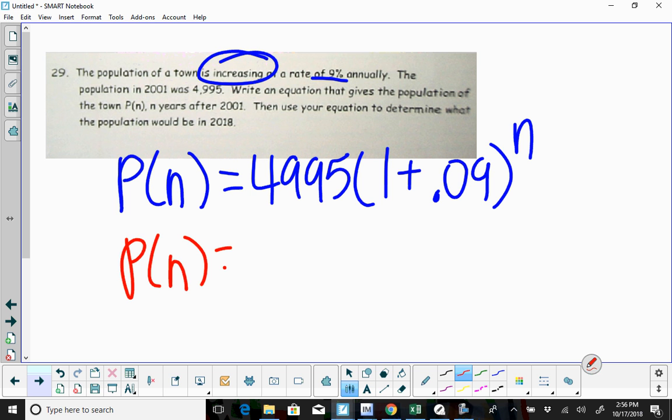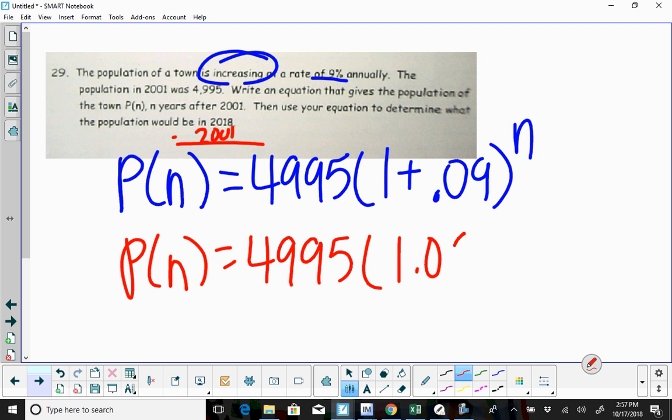Then they ask you to find out what the population will be in 2018. Okay, keyword though here is this n years after 2001. So you're going to do 2018 minus 2001. That gives you an n of 17. So that's right there is what you're going to type into your calculator. 4995 times 1.09 to the 17th gives me